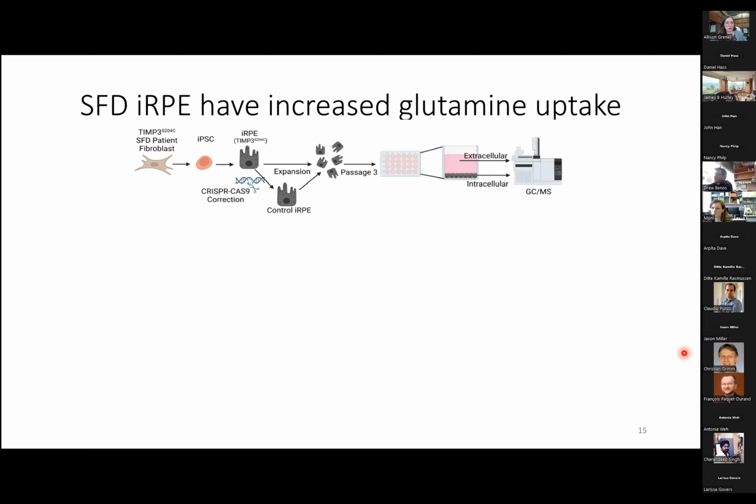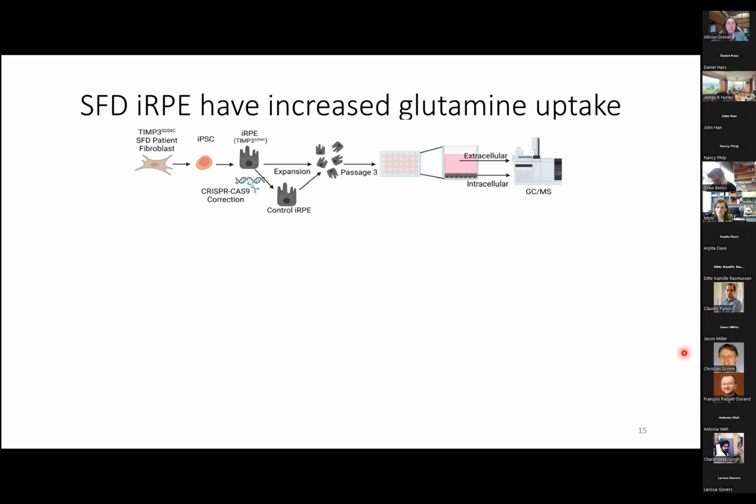And these were from patients that had the S204C TIMP3 mutation. And so these were skin cells that were collected, dedifferentiated into iPSC cells, and then differentiated into iRPE cells. And as a control, CRISPR was used to correct the point mutation